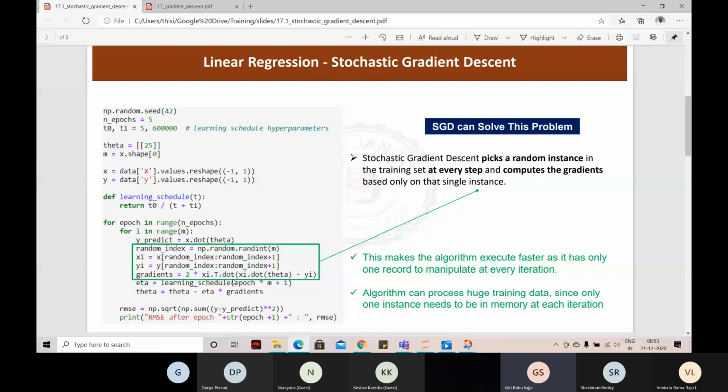Yeah, one question, sir. Because it is using only one record at a time, if the data is too variant for that particular record, it may not get close to accuracy very quickly. Yeah, that's my guess. Yeah, your guess is very right. If the data is too much oscillating, in the sense one record is in a different pattern and another record is in a different pattern,